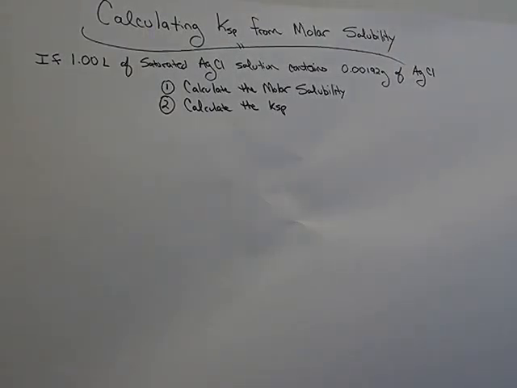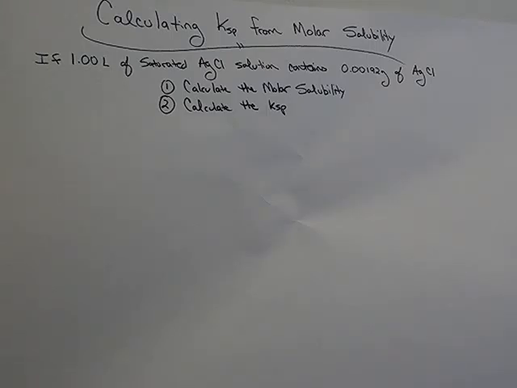So we're going to calculate KSP using molar solubility data. Oftentimes when you have an insoluble material, you can throw that into a flask, just a small sample of it, a couple grams, shake it up, let it sit, let the insoluble material settle out, and not all of it's going to be recovered. Some of it will have in fact dissolved into the solution, and in this case we'll be making a saturated solution of silver chloride. Using that same methodology, if you take 1 liter and throw in AgCl, we find that 0.00192 grams of it